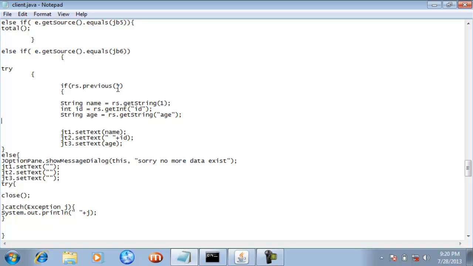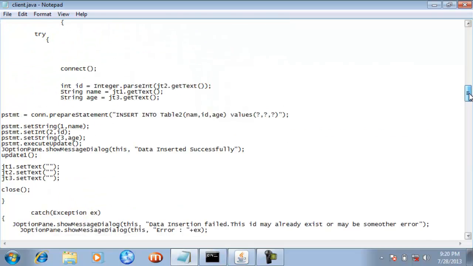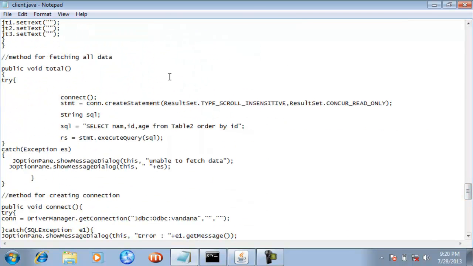Okay, so actually you can use this previous method only if you have specified a specific argument. So yes guys, see here, inside the create statement method we have been using this argument. Now is the time to explain why we have been using this argument.